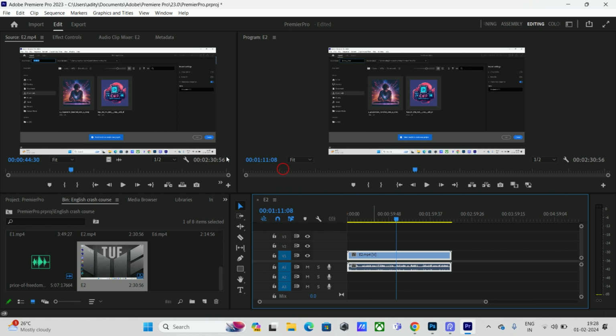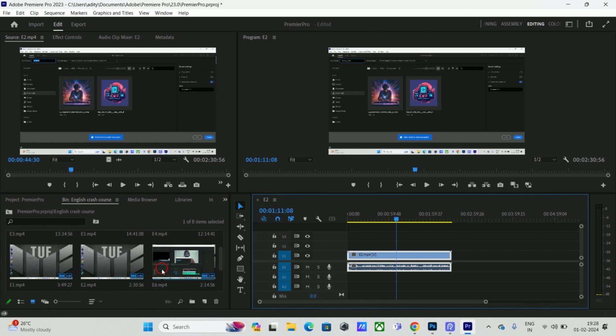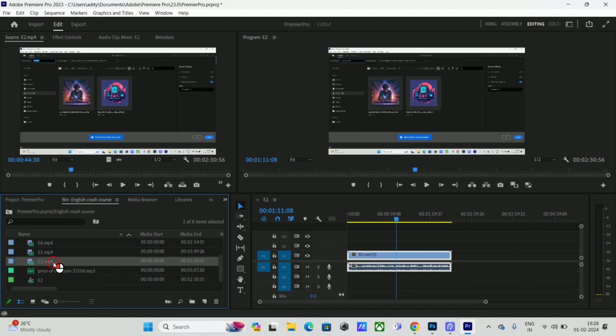Now if you see here, if I create a sequence, it's created. I'm going to list view here. So for E2, I have an E2 video, and for E2, it has created a sequence, right? And I can create another sequence from E2 also. For example, I have this sequence, and I'm copying it and pasting. I got another sequence of E2. So I'm renaming it as per